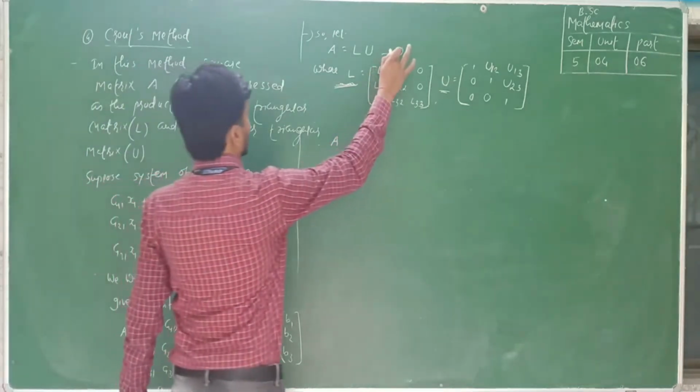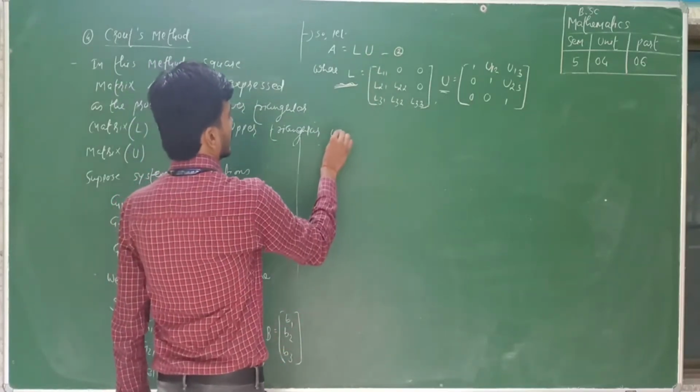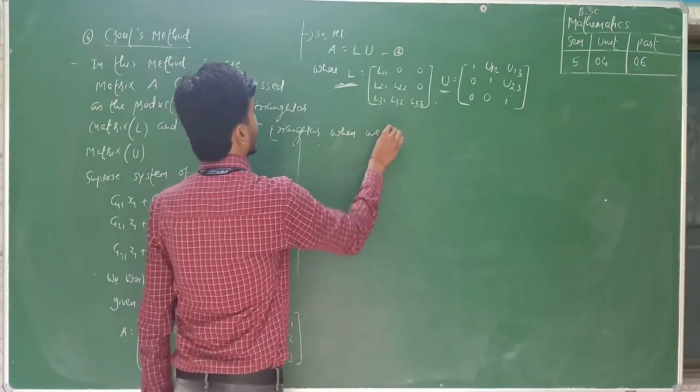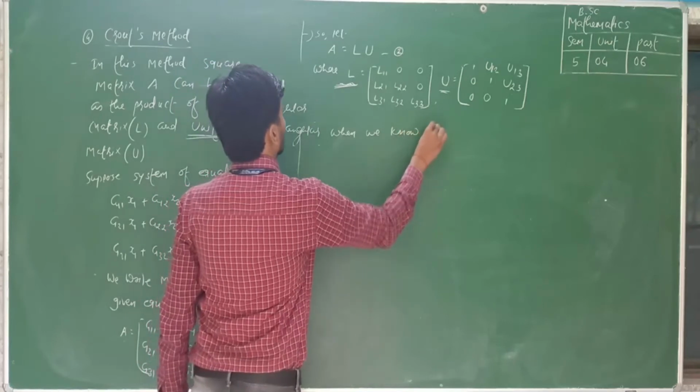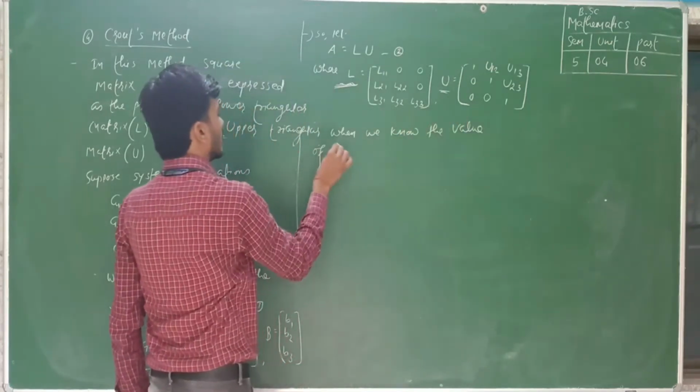Suppose this is equation number 1, and this is equation number 2. When we know the values of